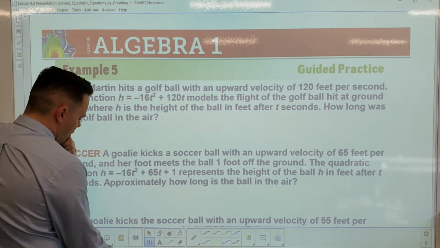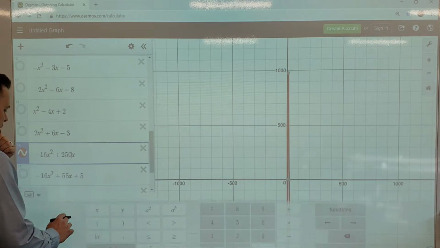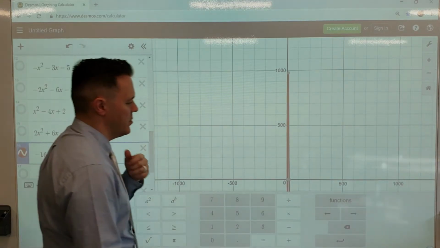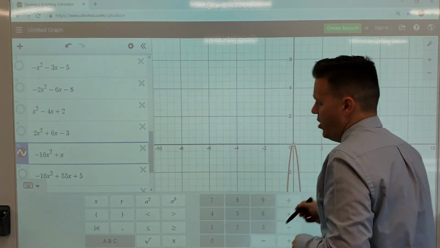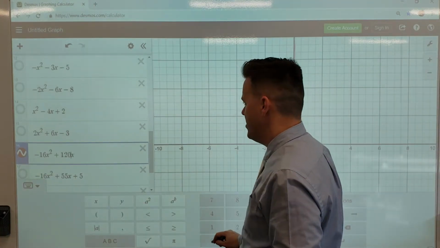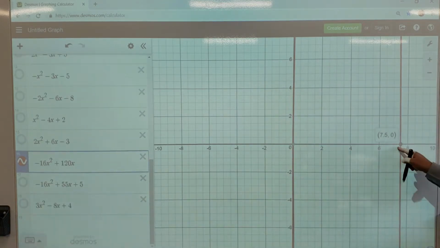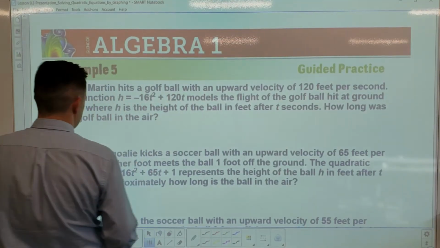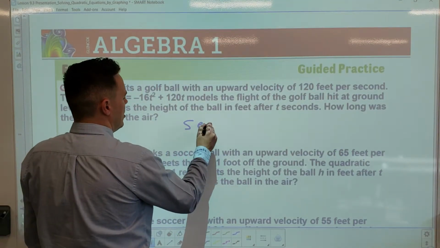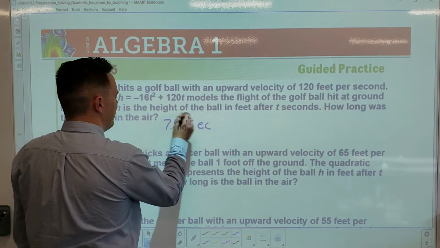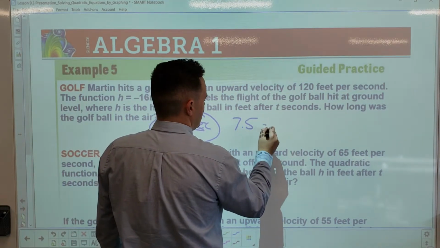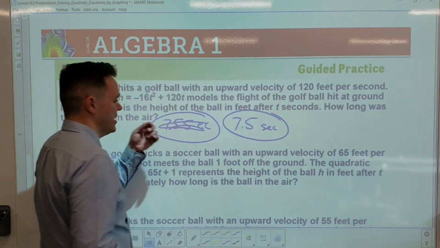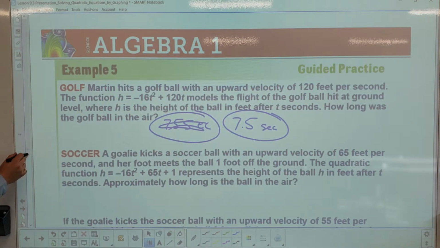All right, and so with this one, you just graph it. You can change Consuela's numbers here to 120. So let me zoom into home. And it'd be 120. And this one you can actually see the x comes back down at 7.5. Okay, it doesn't say how long it goes, it just says how long it was in the air, 7.5 seconds. Hold on, let me write that. 7.5 seconds. That's better. That looked like double fives. Okay. Now the last piece of this